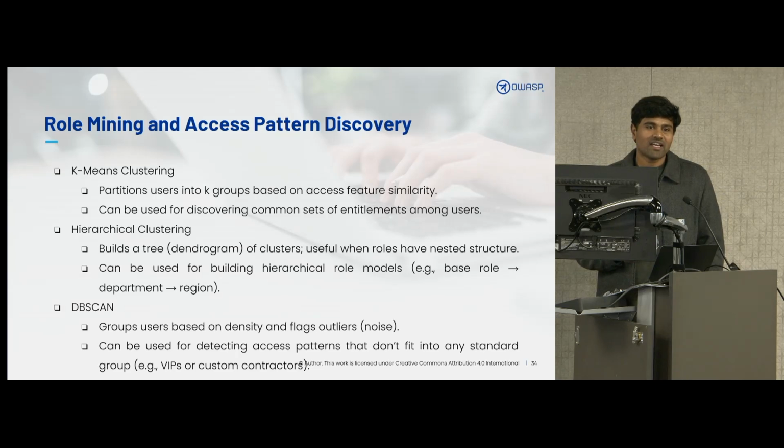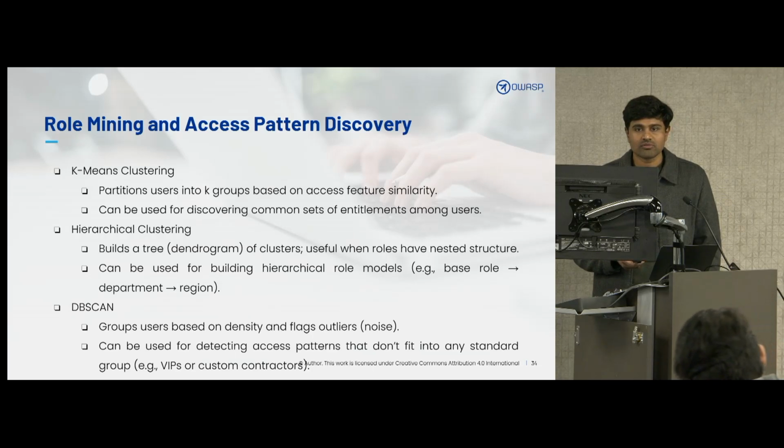So we need a way to reduce the number of access requests in the company. Otherwise, you would see tens of thousands of access requests every day. Administrators would simply be approving them, or pretty much rubber stamping them at some point, which is why we need a way to combine access groups into larger buckets. We have a name for them. It's called a role. In different companies, it's called different things. But role-based access control is one of the ways most companies typically implement to reduce the number of